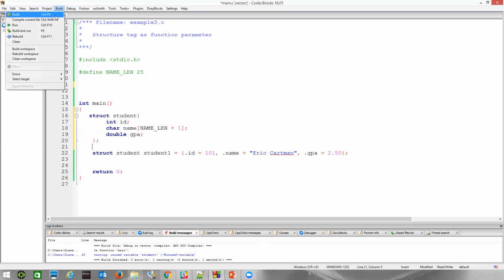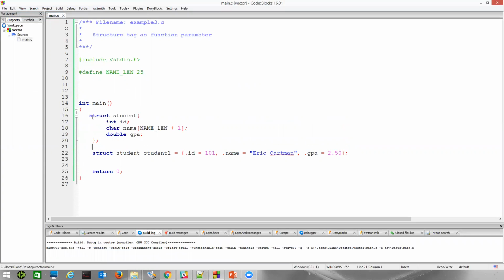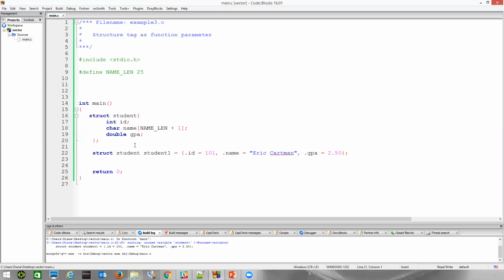And let's just go ahead and build this. No problems, other than an unused variable. But keyword struct, and here's my tag name right here, student. So now when I want to define these, I say struct student, and here's student1, and here's my initializer